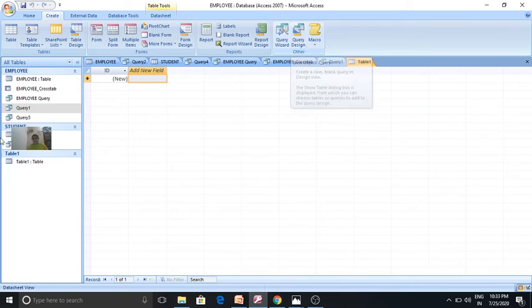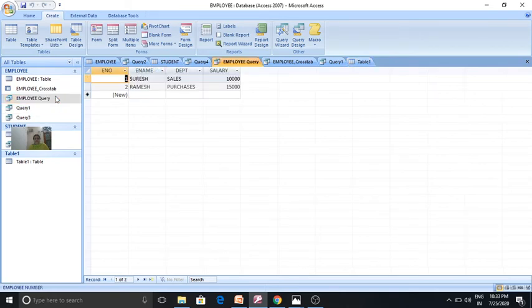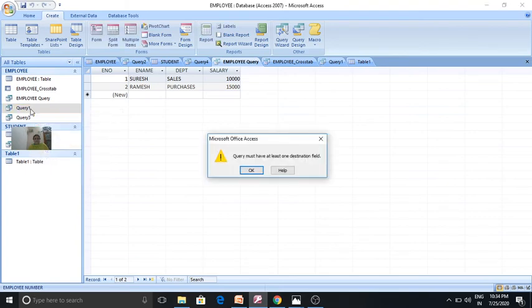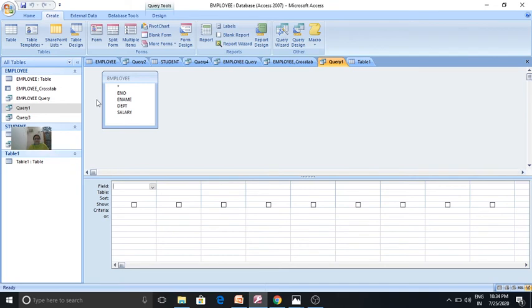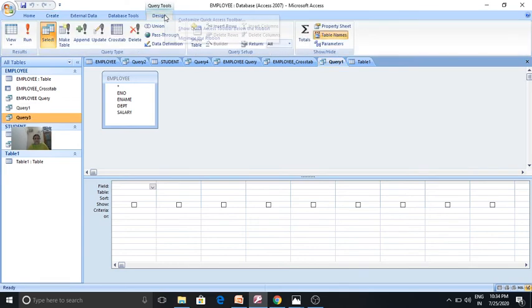So when you create a query, you can see the types of queries under the design tab. Okay, this we have already discussed.